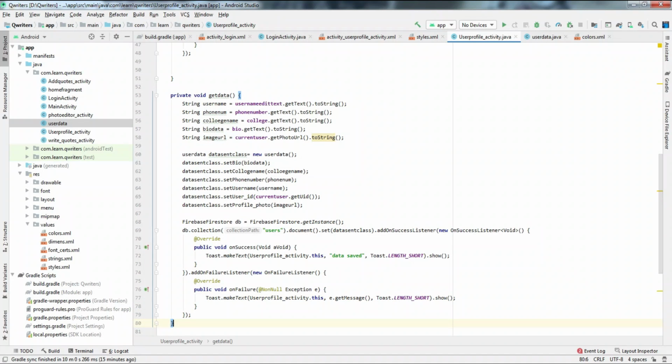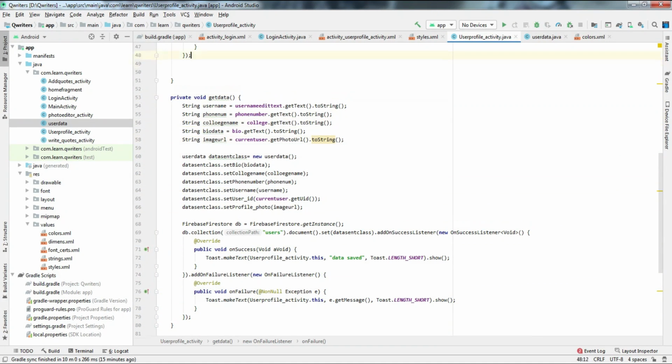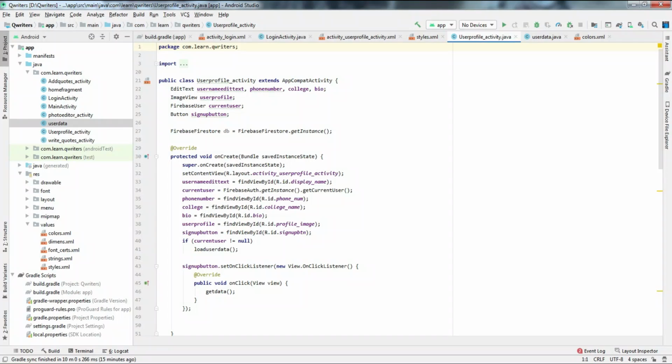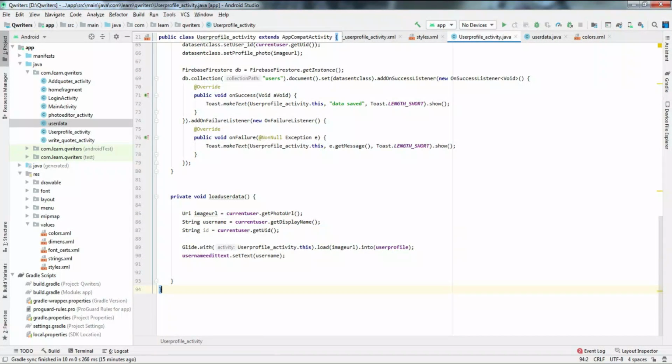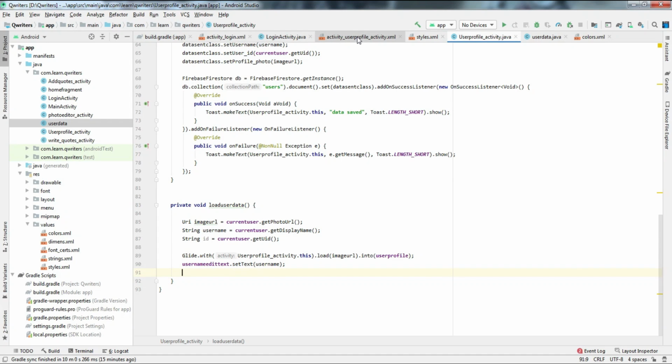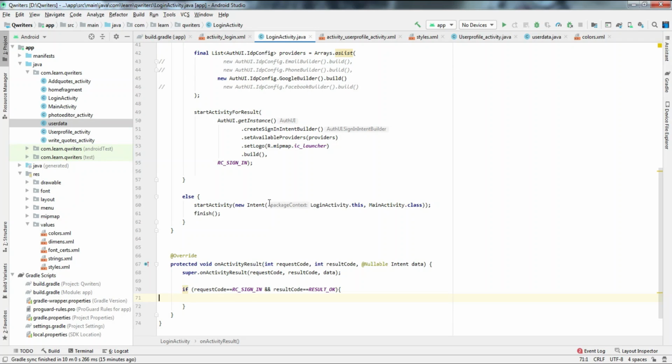So let's check whether our data has been saved or not. First we'll call this activity from the login activity. After login we'll be calling this activity. Here we have already used login.